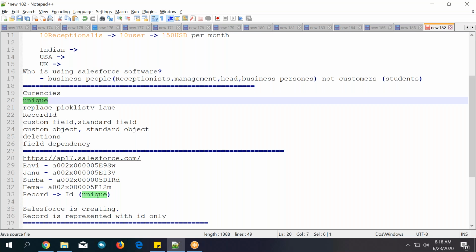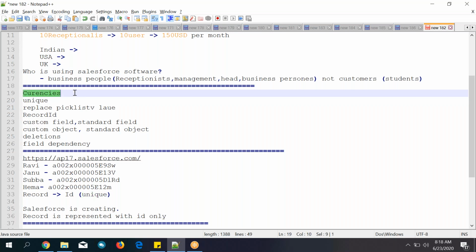And for that also I told the business scenario. Next, currencies, and for currencies also I told the business scenario. Our business is located in different countries with different business users, so they want to enter the amount data in their own countries' currency. That is the reason we need to enable multiple currencies and create different currencies based on the countries. That we have done.